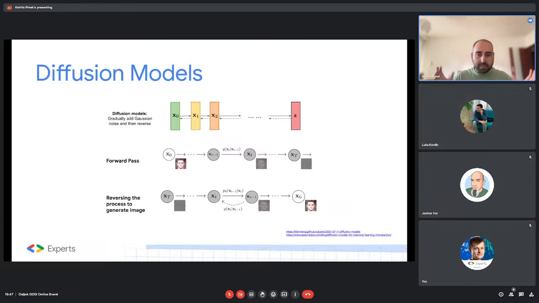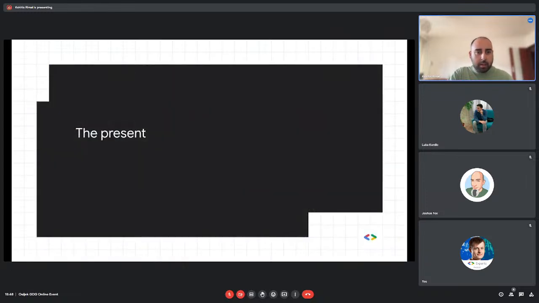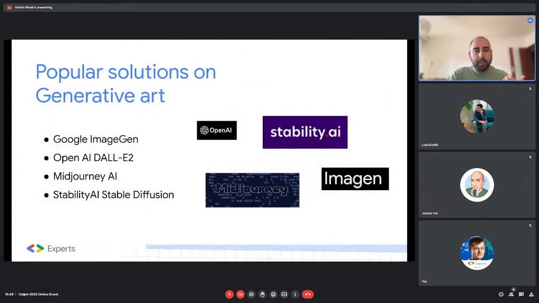But basically, in a nutshell, this is what is happening. First, in the forward pass, the model tries to add some noise, and while doing so, it tries to recognize how the noise is being added, so that it can reverse the process later on when we want to generate new artifacts. So these are the diffusion models, a high-level technique for image generation. As this process is very expensive,